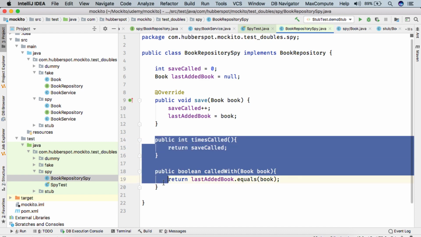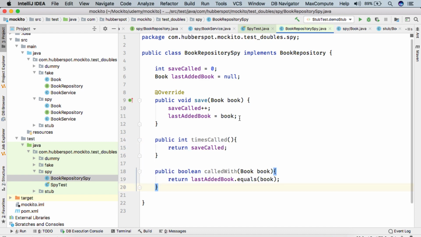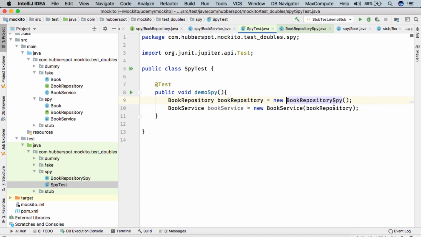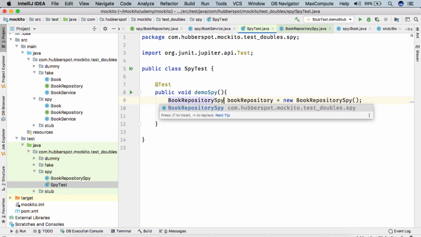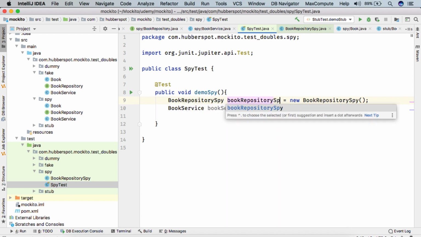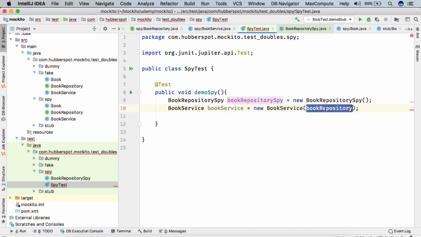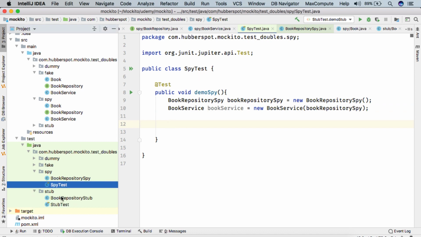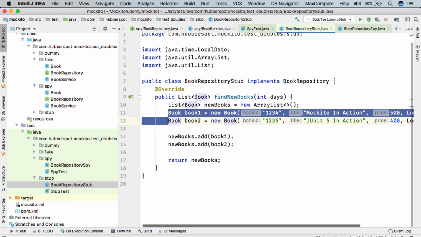So here we will see the importance of these two methods, and how they help in behavior verification. So in spy test, after creating the book repository spy, now we create two books. So here I'll just copy this part.